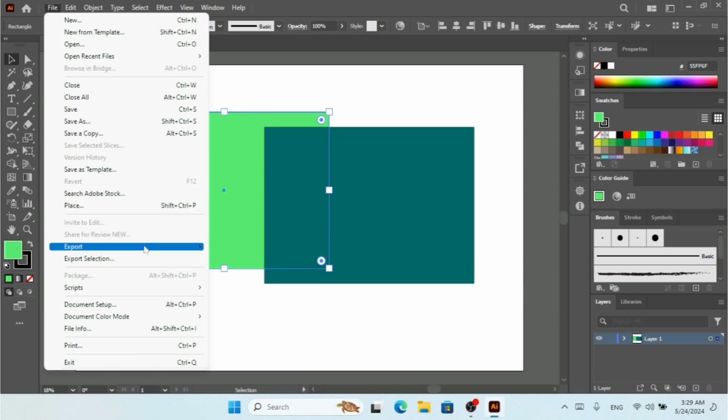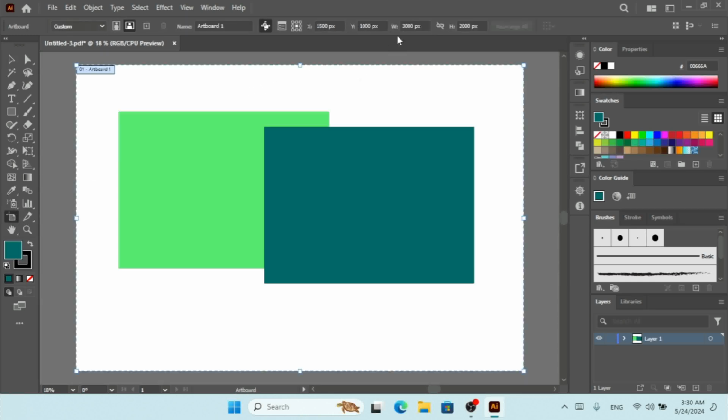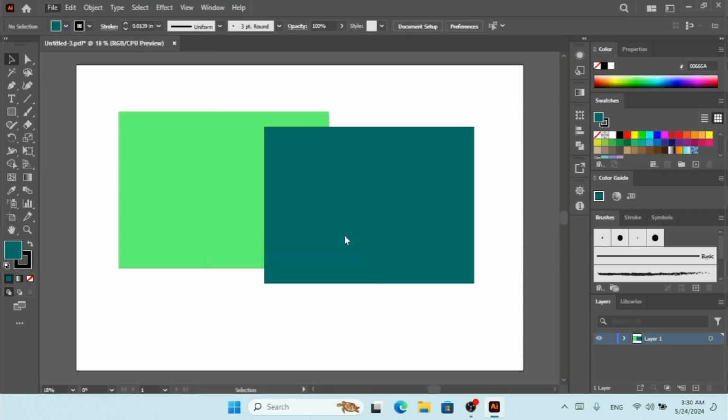And we have the save for web, and the shortcut for that is Alt plus Shift plus Control plus S. So if you're going to design any banner for the web, and you want to export it with the same artboard size, let me show you. The artboard is 3000 by 2000 pixels. So first I'm going to export this